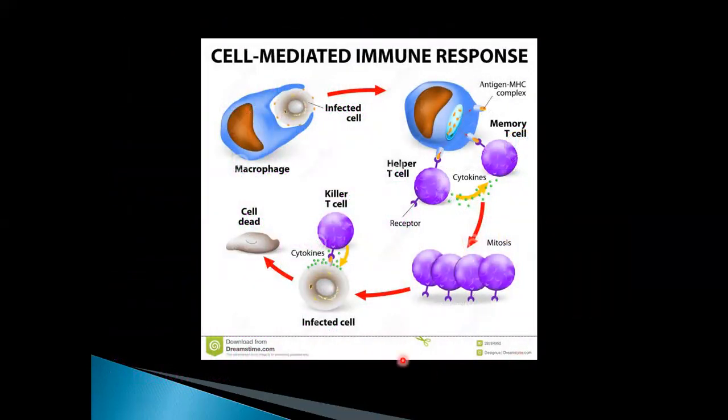Now this picture gives an idea about the cell mediated immune response. This is an antigen presenting cell, a macrophage, eating an infected cell and processing it, and when it processes it, it incorporates it into its own cell membrane. So you can see these red spots are the epitopes present in the antigenic pathogen. These red spots have been incorporated into the membrane at MHC2 or MHC1, both locations, and then it's presented to a memory T cell